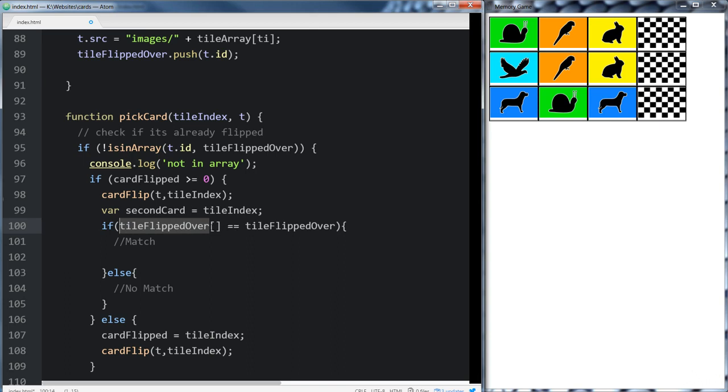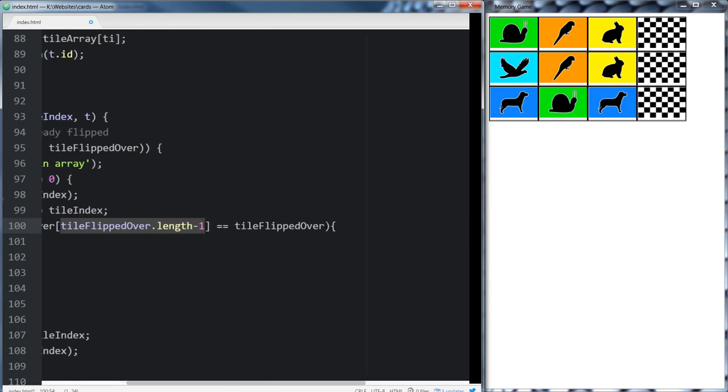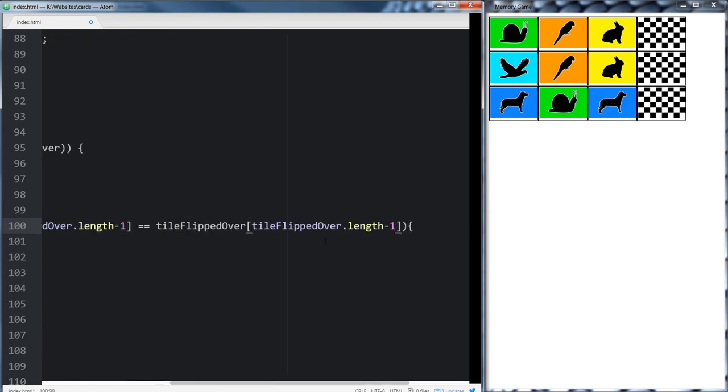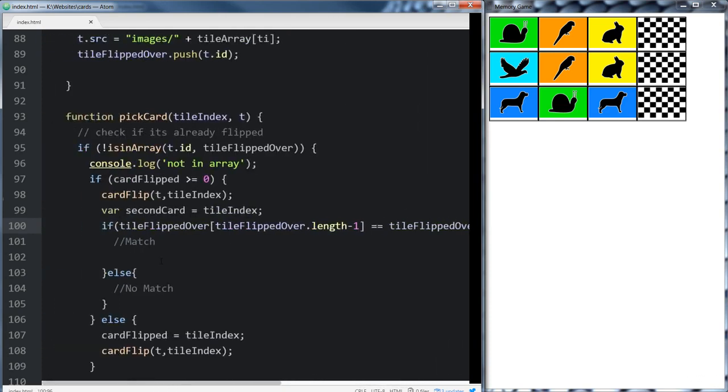Arrays all have the length property, so we can do minus 1. And we know that the last two items we've placed in this array are going to be the last two items, so we'll do array length minus 2. Basically it'll do a comparison of both of those values,